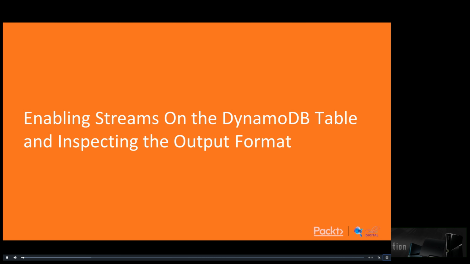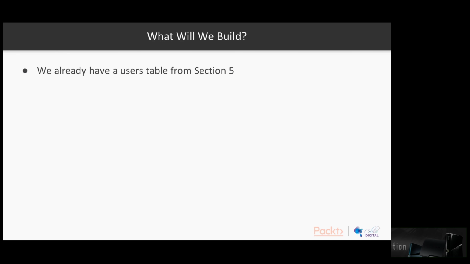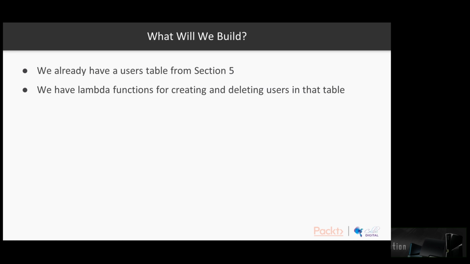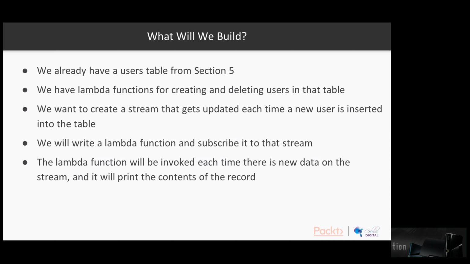Welcome back and welcome to video 2, enabling streams on the DynamoDB table and inspecting the output format. So what are we going to build? Well, we already have a users table from section 5 and we have Lambda functions for creating and deleting users in that table, but we want to create a stream that gets updated each time a new user is inserted into the table. So we're going to write a Lambda function and subscribe to that stream, and the Lambda function will be invoked each time there's new data on the stream, and we're going to configure it to print the